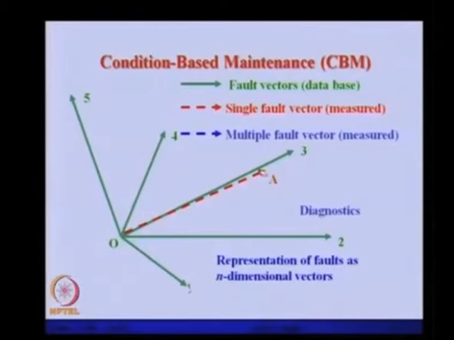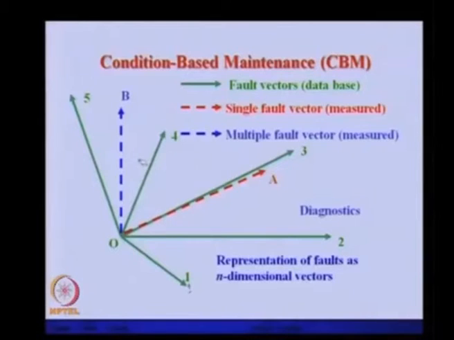This will happen when there is a single fault. So, the matching of these two vectors will be quite close. But if a vector comes like this, obviously in this particular case it is not aligning with any of the faults, but it is close to 4 and 5. So, we can attach some kind of probability, because for faults 4 and 5 both there is a possibility,